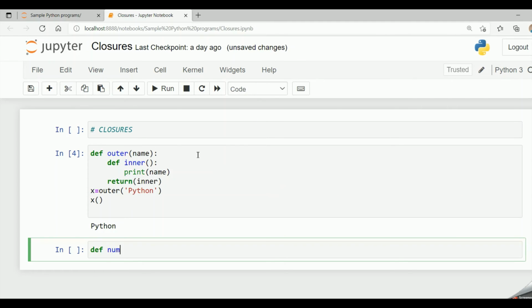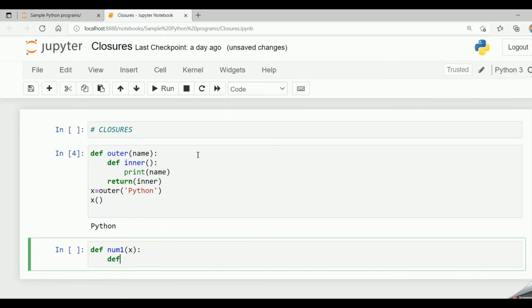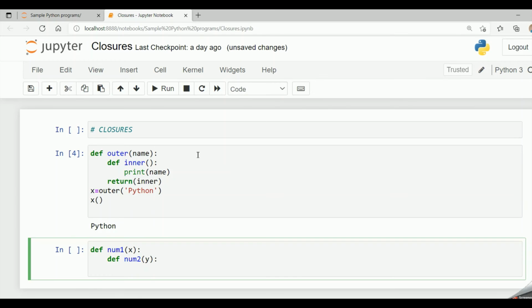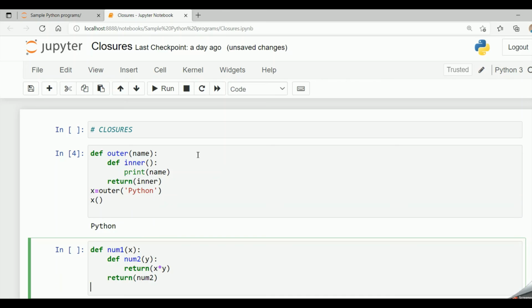So num1 is my outer function which takes x as the value parameter, and then I am having my inner function num2 which takes y as the argument. Then I say return x into y. Outer function num1 returns num2 which is the inner function.